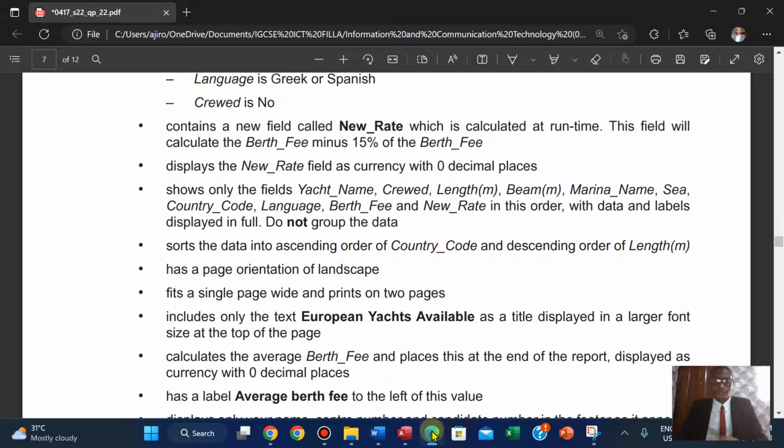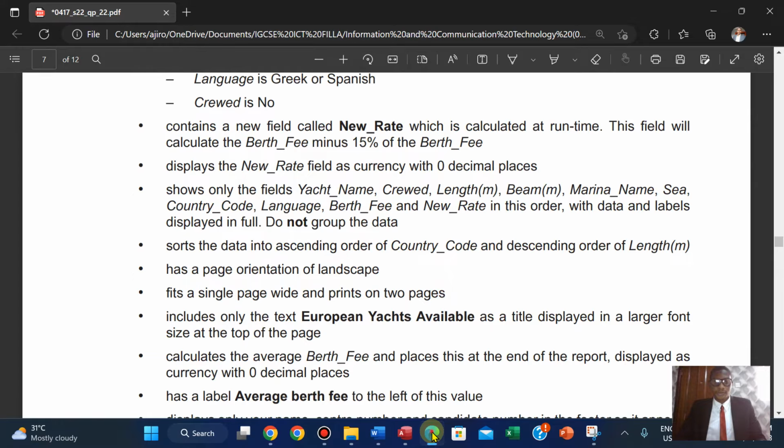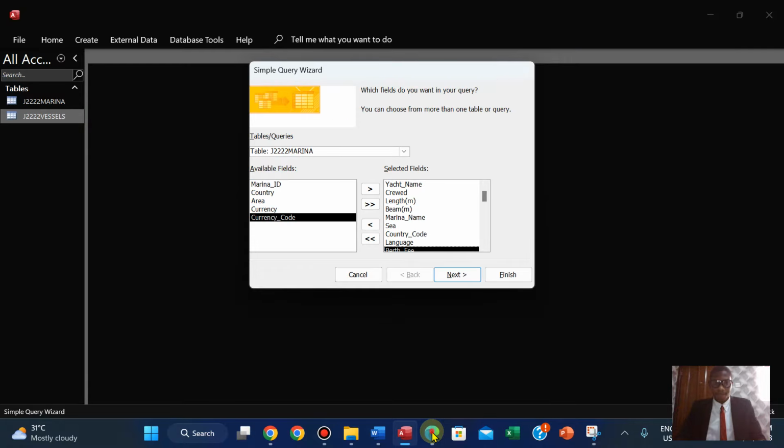So we're creating a new field. So let's go through it again just to be sure. The yard name, crew, length, beam, marina name, sea, country code, language, berth fee. Okay,